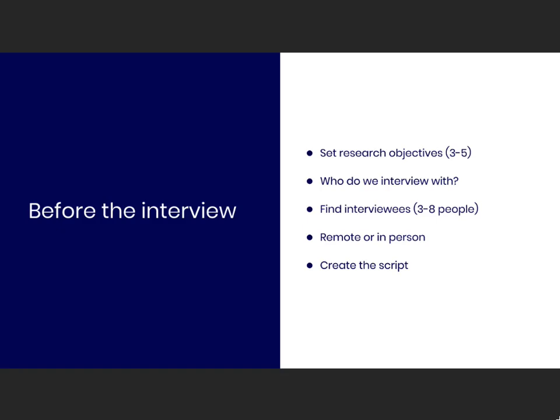These goals will help us know whom we want to interview and build the interview script. Apart from that, we want to know whom we are interviewing, who are our target users. For our example, we will decide that we will interview people above 30 years old. And then, we need to find interviewees. I recommend between 3 to 8. Typically, 5 people are the most common because they are enough to start to see shared pain points with this